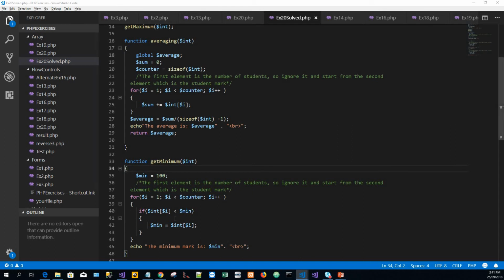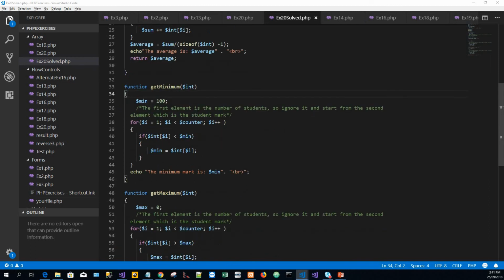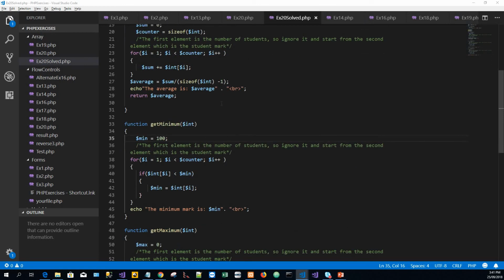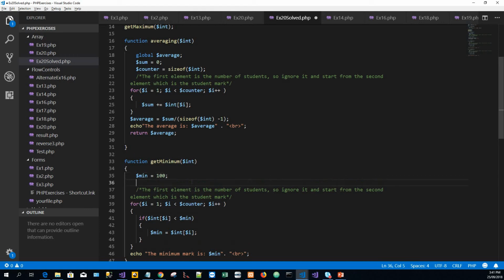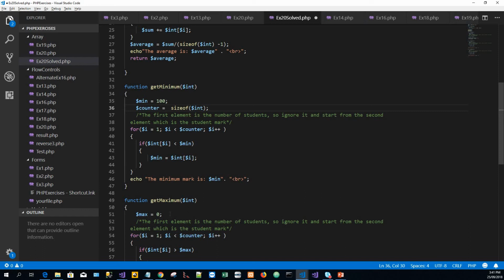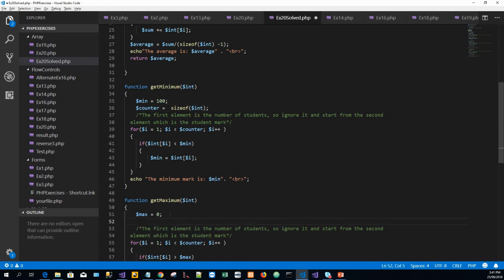Dollar counter. I have missed the dollar counter over there. Right. So dollar counter, I'll just copy code from up, size of, and then dollar counter here, and dollar counter there, save it,